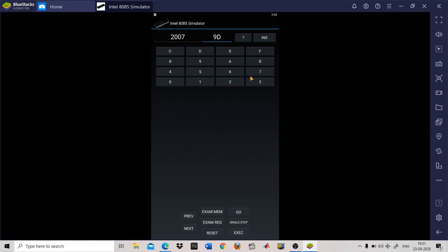Now write 80, now 32, now 00, press next. Now 35, now 76. 76 is the opcode for HLT. After storing this data, press next again.